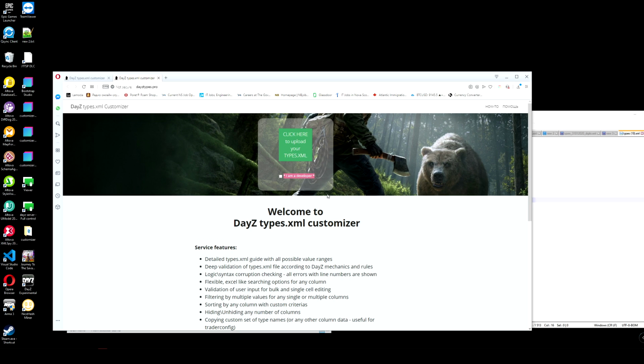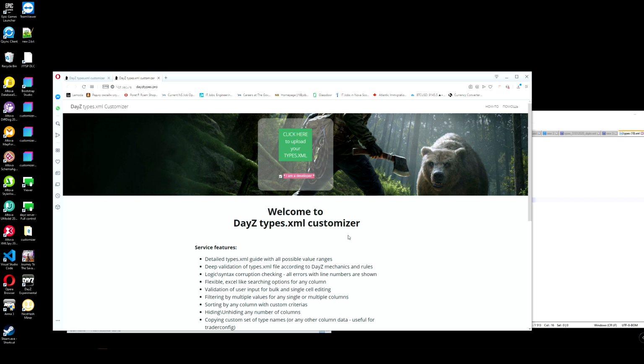So in this case, you press this checkbox here, and the web service will apply a less restricted validation engine, and it will allow you to load your file regardless of the usage names and categories.